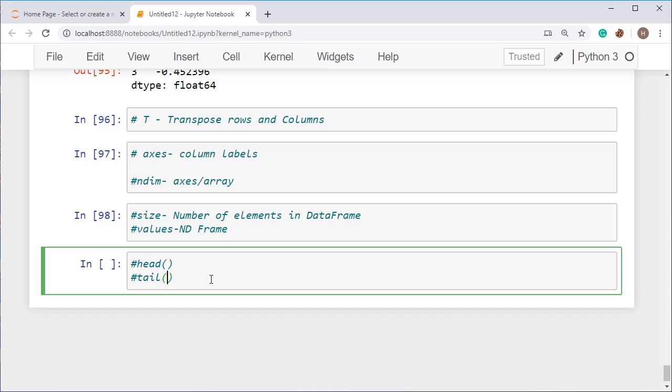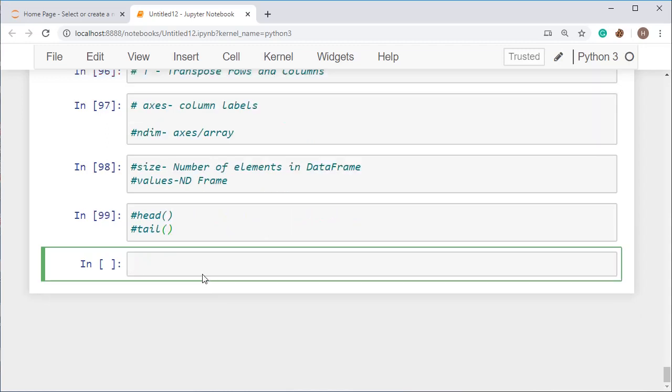Okay, so let's quickly recall all these things. First create a data frame. I'm going to create a data structure, a data frame with some person names, ages and their ratings.